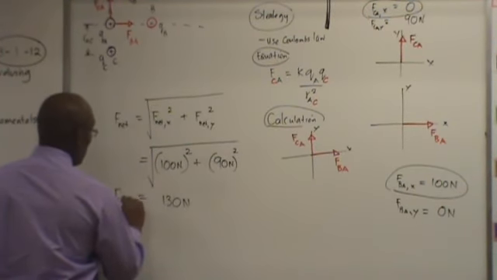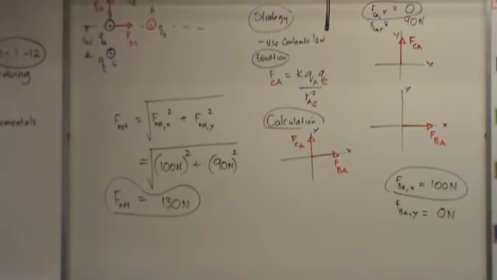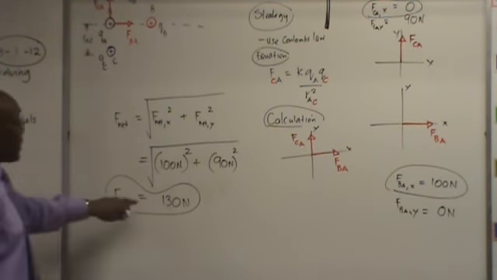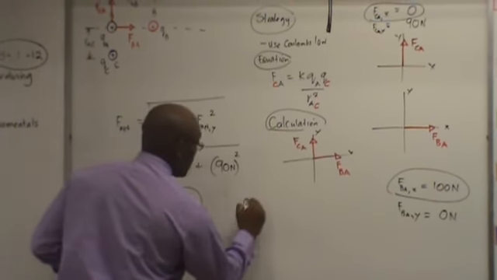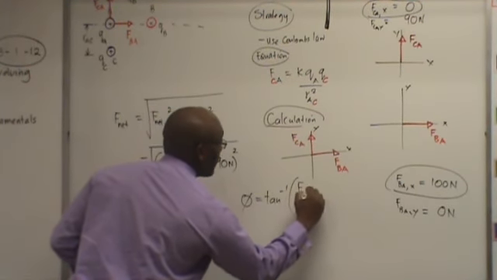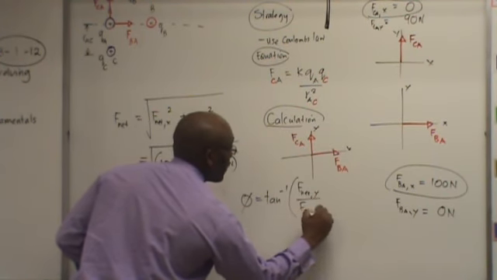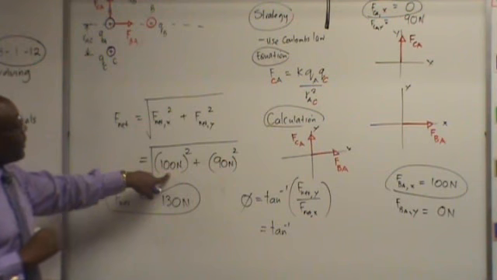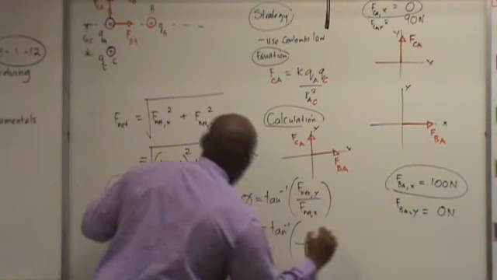You can double check. That's what you should get. Okay? So now, this is the magnitude of the net force. We need to get the direction of the net force, which is the last thing we do. Inverse tangent of F net y over F net x. And the x component is what? 100? It's 100 at the bottom. And at the top, it's